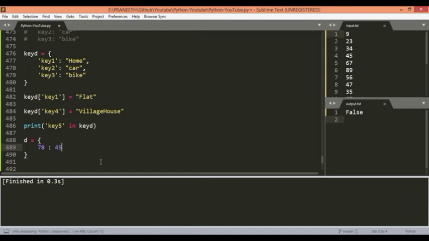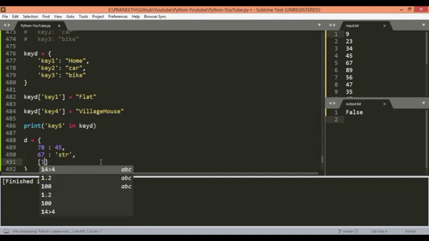Let's take another number 45, and then another integer with a value of string, then a list of 2 elements with the list of 1 element.